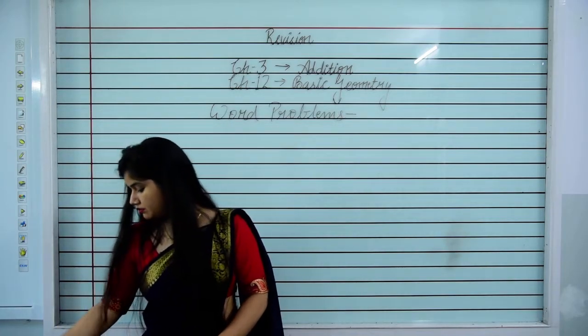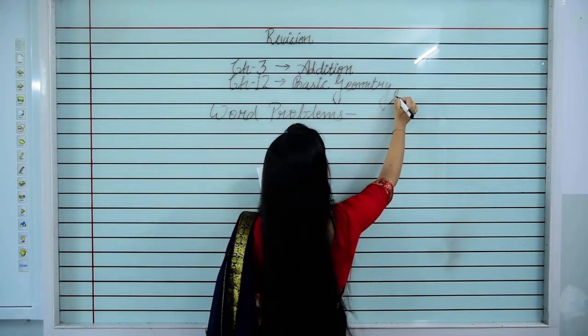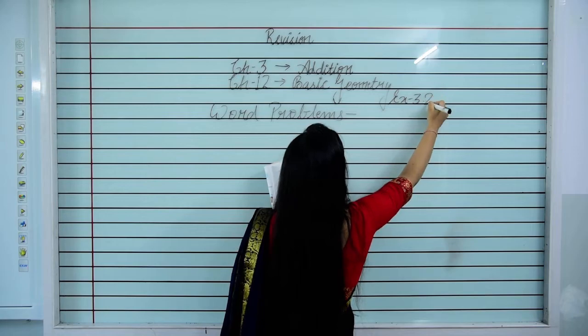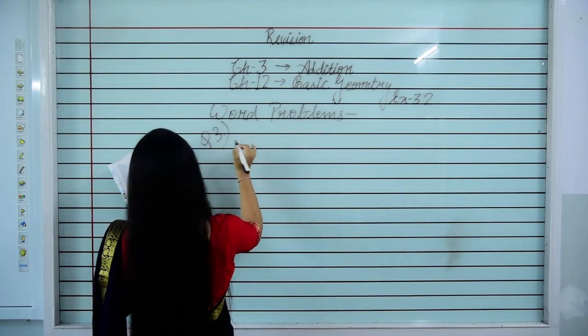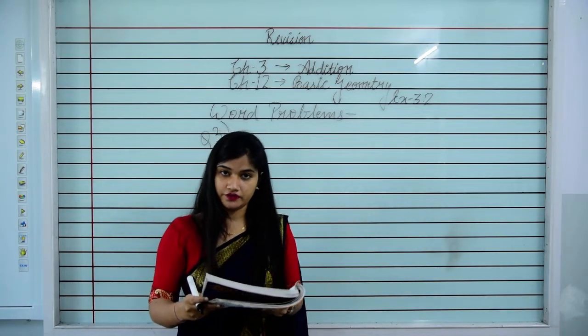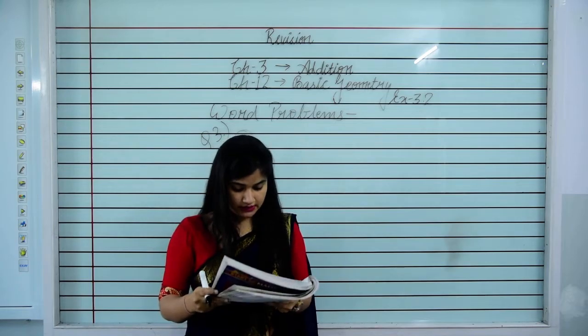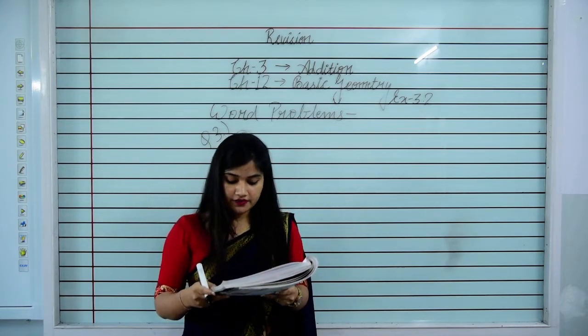Students, open page number 31, exercise 3.2, question number 3, C part. Question number 3 is solve the following word problems, and C part we are taking: the population of a city was